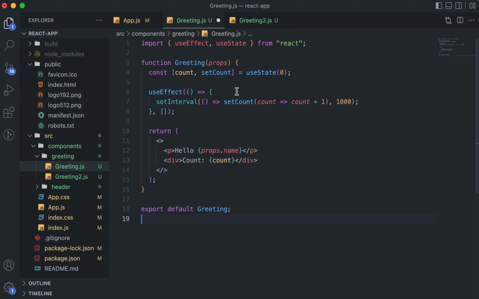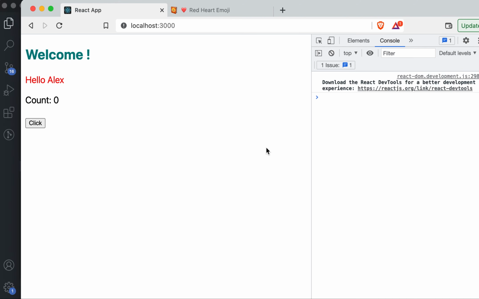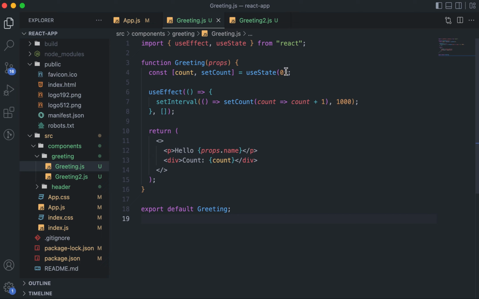videos, where what we are trying to do is that there is a state variable count and we are setting up an interval so that that count value is getting incremented by 1 every second. So if we use something like this, then we'll see that yeah, this works, but if you pay attention, then at the initial point from 0, it directly starts from 2 because we are currently in dev mode, and when the first time two renders happens,